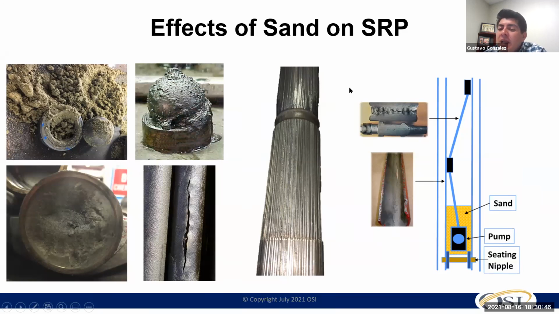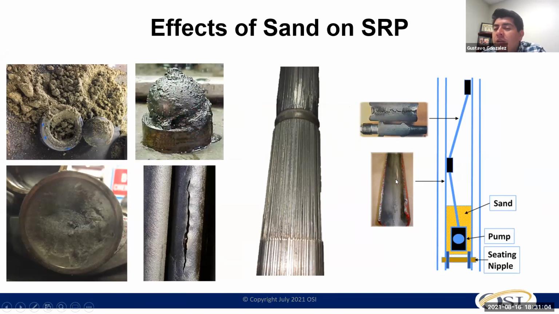After I lift some of the sand per stroke, some is coming back. Now it's coming around my plunger and barrel, and this is what I'm causing. This is what I see, that friction. And that's what we normally see: a lot of buckling happening on my rods, which causes an